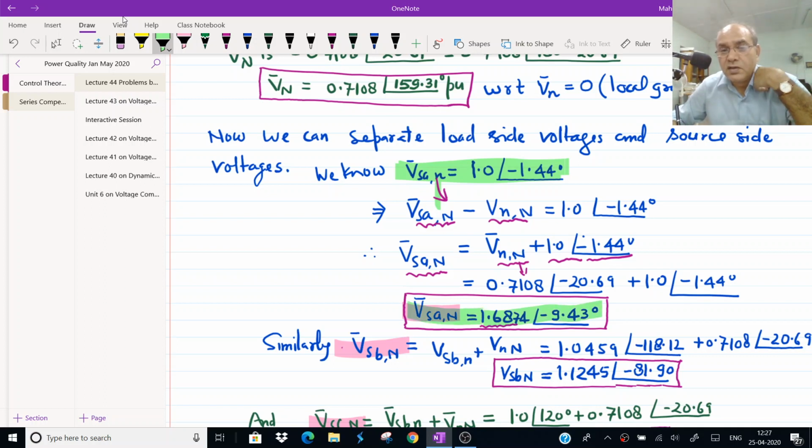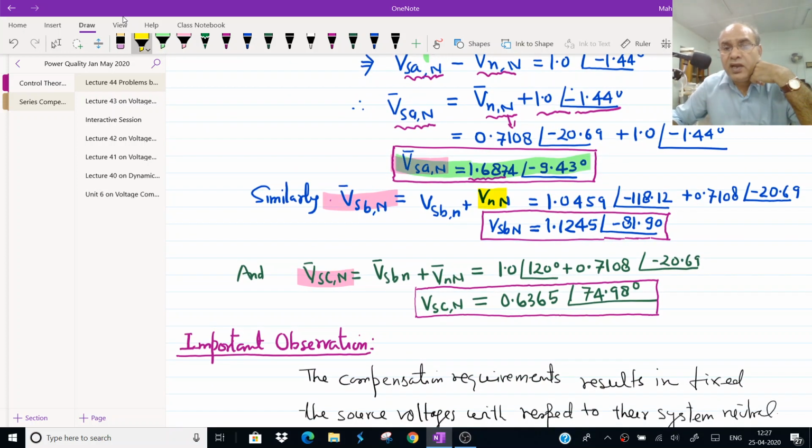This is BSAN. And BSB, BN accordingly, add the value of BNN here, you will get BSBN, capital N. And once we add the value of the C phase, okay, this is C actually, correct this. This is not B, this is C. So this is actually C. Then we will get BSC as 0.6365.